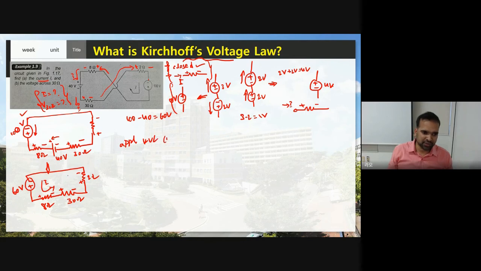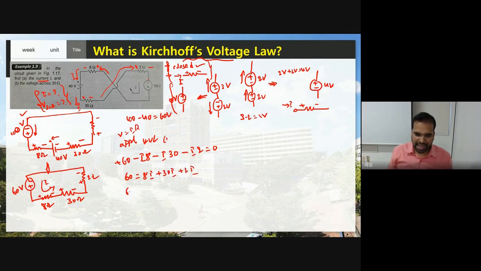Now if I apply KVL in loop 1, this is what? Only one loop we have. So this is minus to plus 60, and here plus to minus. So what is the voltage drop at here? As per Ohm's law, V equal to IR. You don't know current. R means what? 8, and here minus V voltage drop means what? I, and 30 here, minus I2. This is what? Voltage drop at R1, R2, R3. Therefore 60 equal to, if I write here on the right hand side, 8I plus 30I plus 2I.